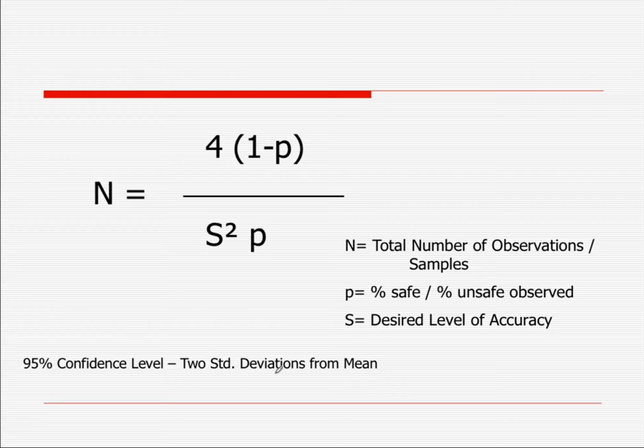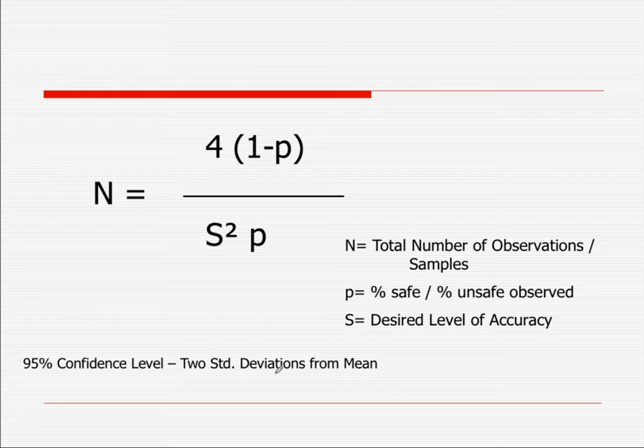And the variables are explained here on the right. N equals the total number of observations or samples that we would need to reach a certain desired level of accuracy. P in this instance is the percentage or proportion, whether it be safe or unsafe. And S, we pick S. What would we like to have as our level of accuracy? Is it plus or minus 10%? Is it plus or minus 5%? And when we solve for n, we know exactly how many observations we have to make to get to that